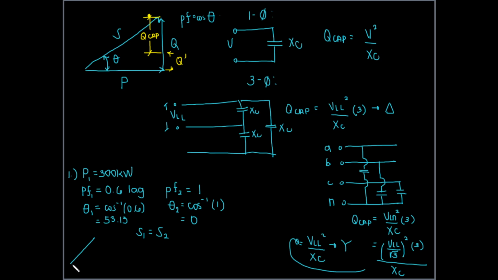This one is the real power, so it's 300. And the original angle here is 53.13. Now, since the new angle is going to be 0,